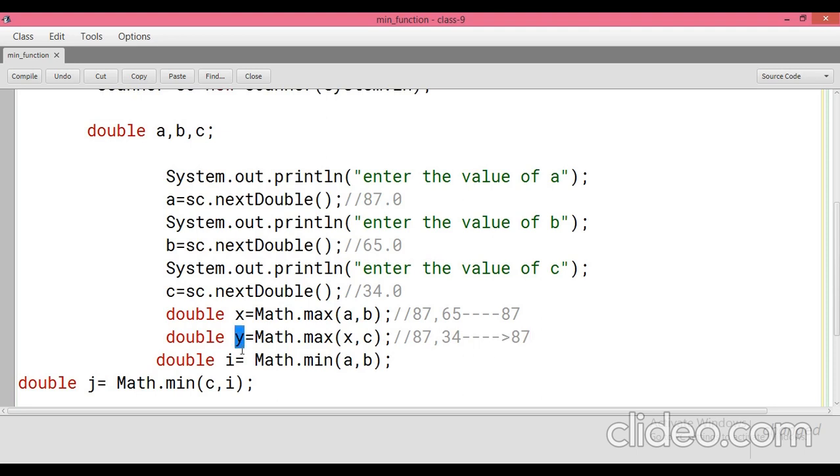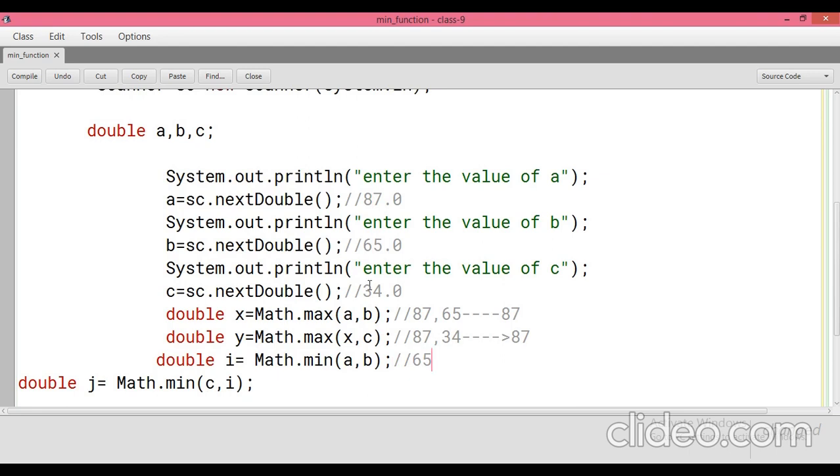In the same way, you have to compare the values by using the min function to find out the smallest value. First we are comparing a and b by using the min function. The a value is 87, and just for example the b value is 65. The output will be 65, and 65 will go to the variable i. Now we are comparing i with the c variable.